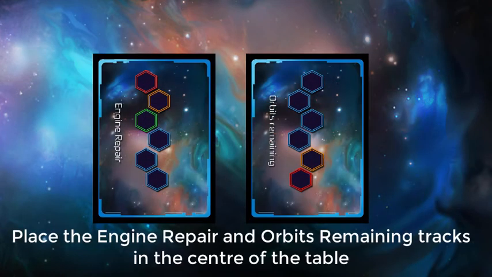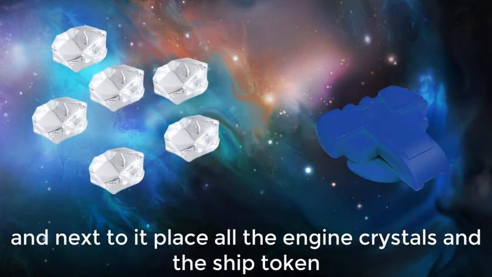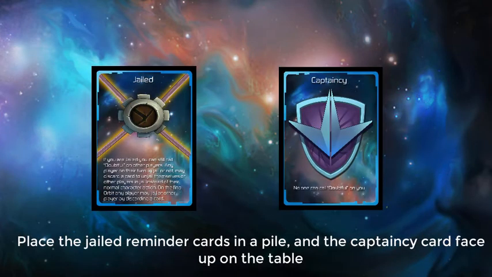Second, place the orbit's remaining track and the engine repair track face up in the center of the table. Then, place all of the repair crystals next to the engine repair track and the ship token next to the orbit's remaining track. Next, place all of the jailed reminder cards in a pile on the table